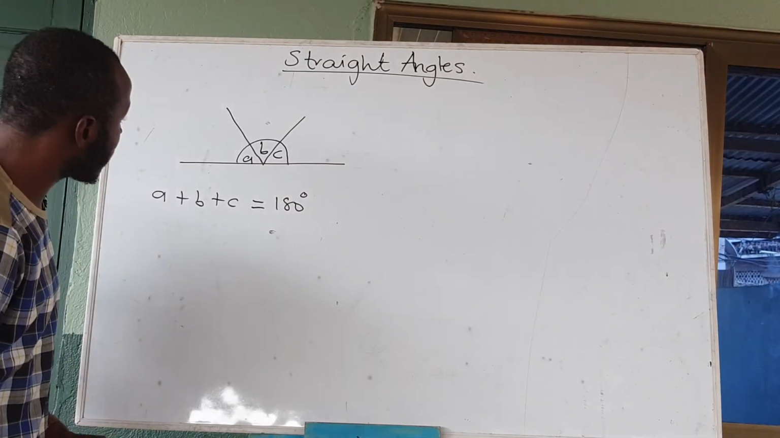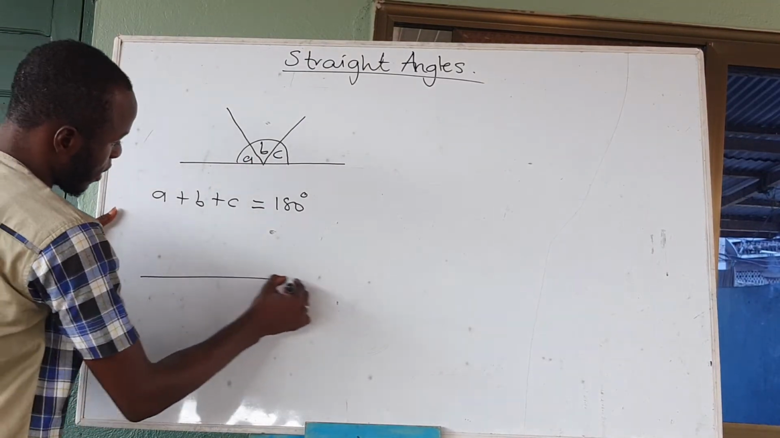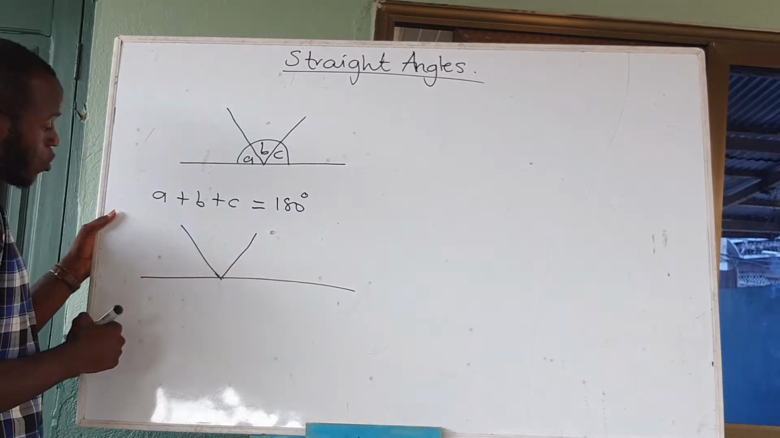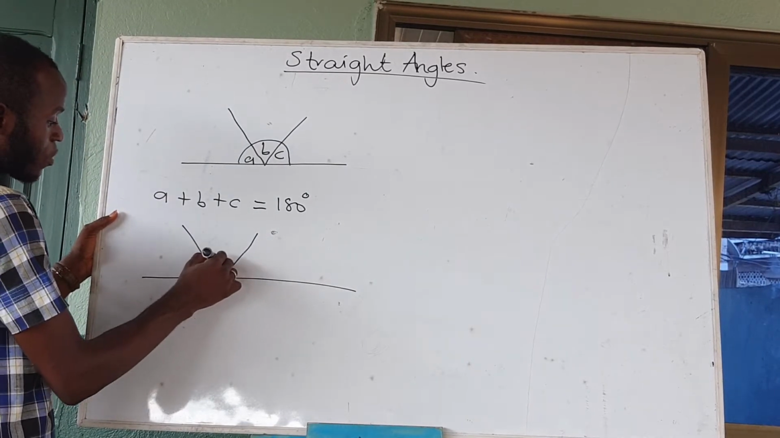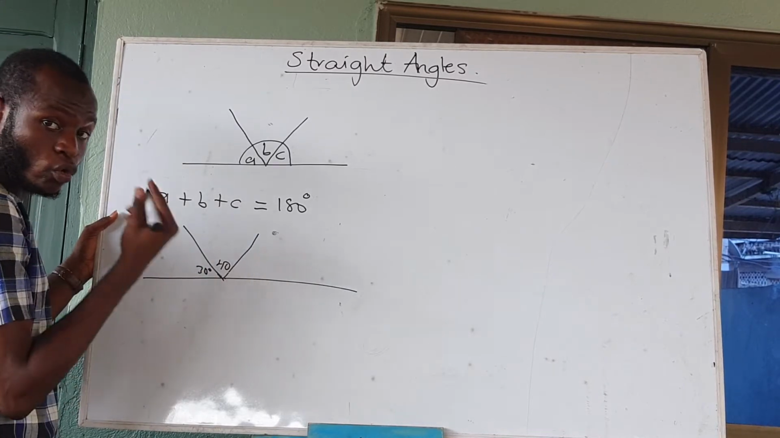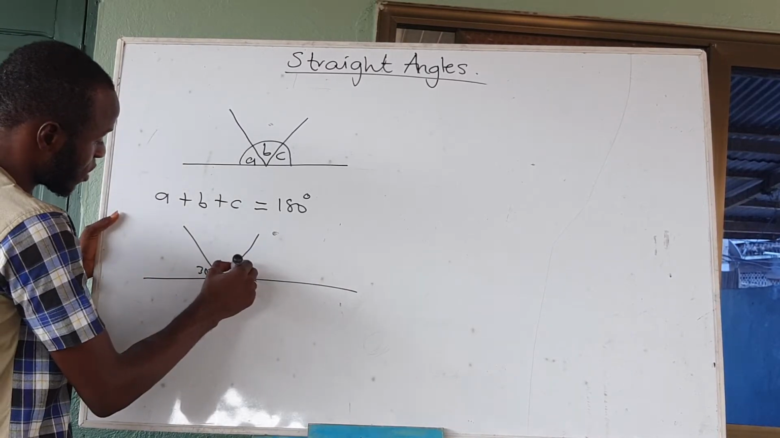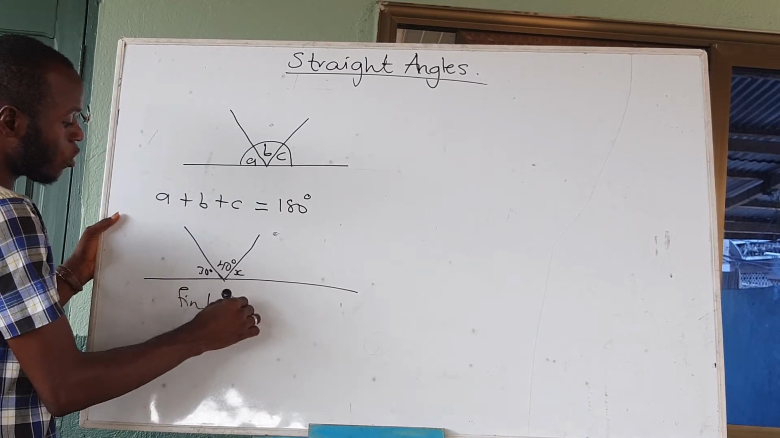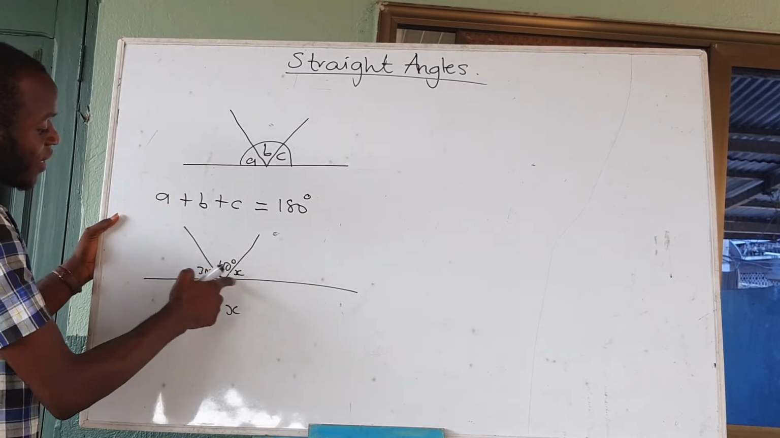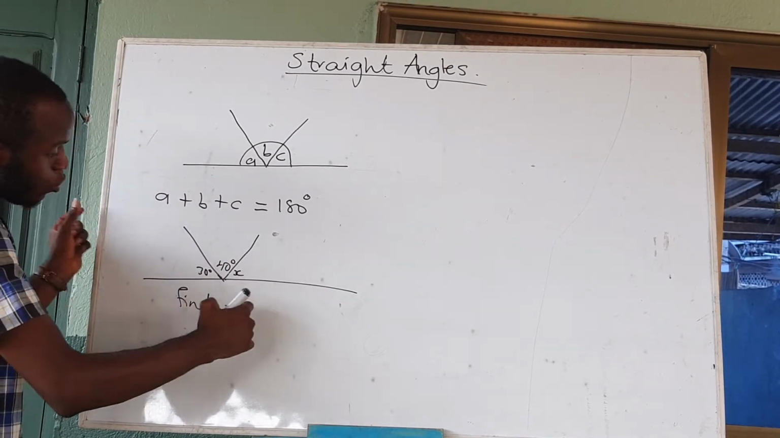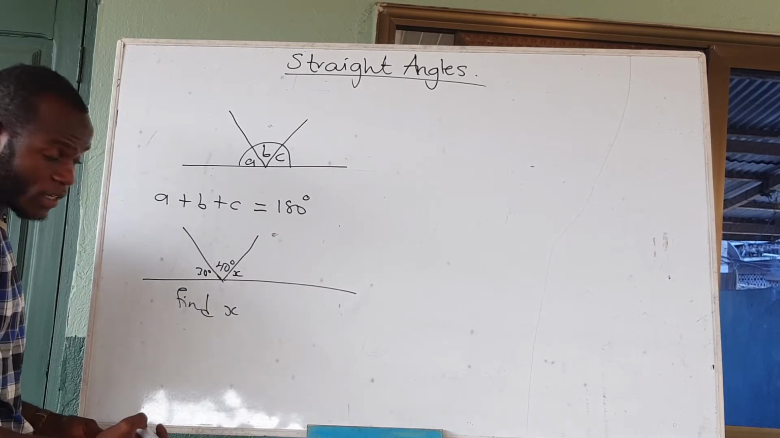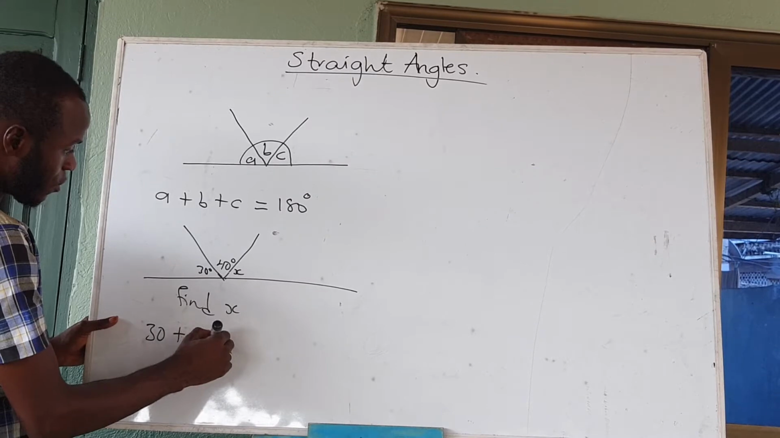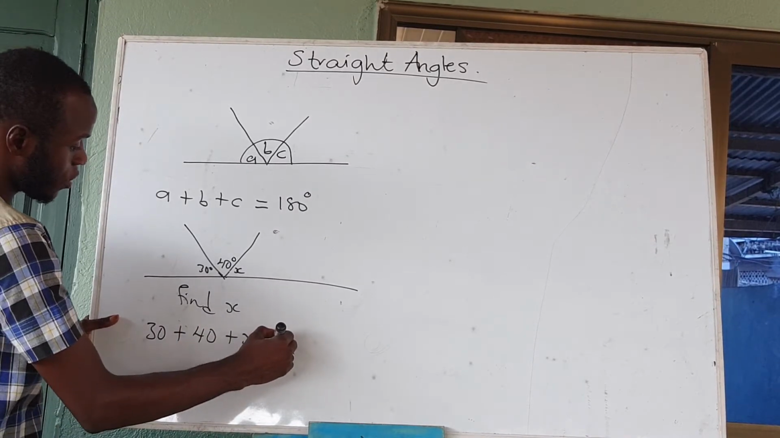An example is, if we take this particular example, maybe you have certain angles on this straight line: 30 degrees here, 40, and unfortunately we don't know one of these angles, say x. We are asked to find the value of x. All we need to do is add the angles on the straight line and equate it to 180 degrees. So now we have 30 plus 40 plus x, which is equal to